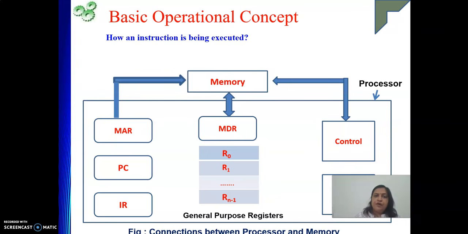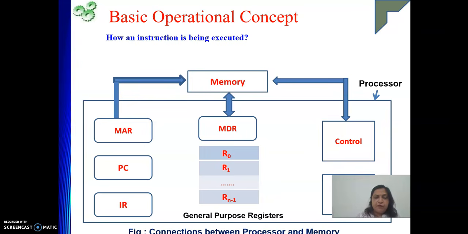So see, already we know we are following the Von Neumann concept. Meaning, the instruction that we need to execute is present inside your memory. And who can execute it? The processor can execute it. And inside the processor, there are three components. One is the registers, then your control unit, and another one is your ALU, right? So all these components need to interact with each other to get the thing done, right?